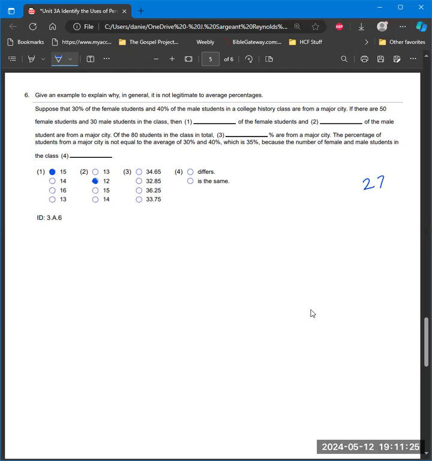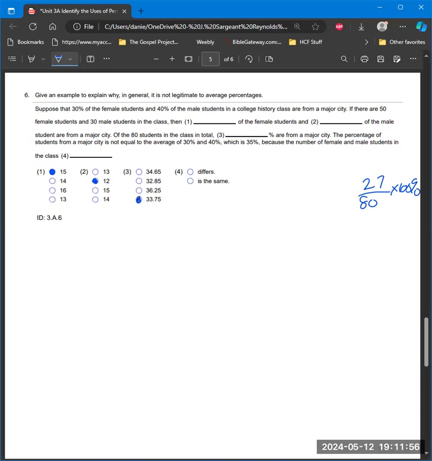But let's see what percentage of them are from the major city. So 27 out of 80 times 100%. Grab your calculator for that. 27 divided by 80 times 100% is going to give me 33.75%